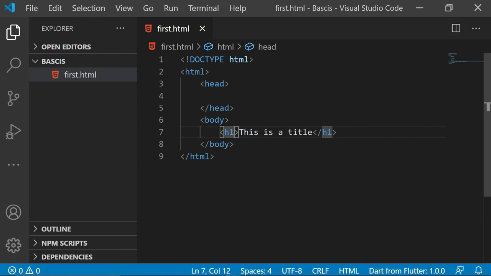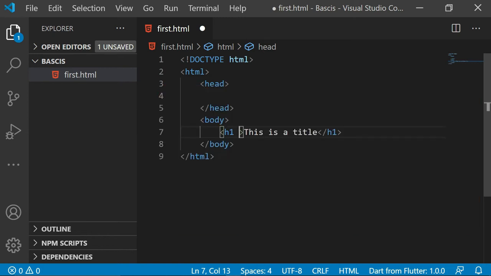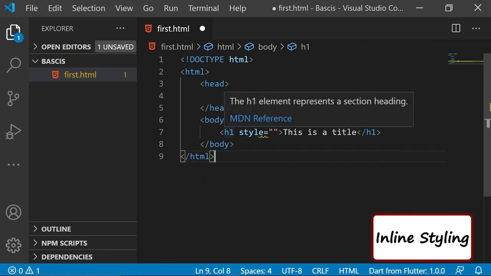The moment you have to beautify, the moment you have to format, you are going to use CSS. Now when I say CSS, there are multiple ways to apply CSS, and each way has a different behavior also. At the moment, I'm going to use the easiest, a kind of common way, which is that I give a style along with the tag name.